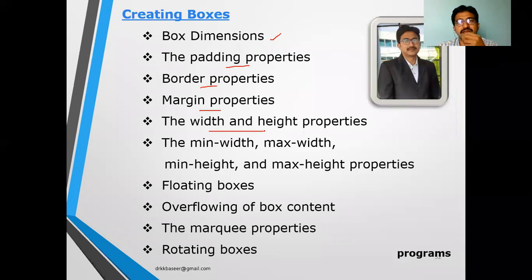As usual, for every type of tag like anchor, image, table, we require these two attributes, that is width and height. Similarly, inside that we have sub attributes like min width, min height, max height. These properties are also available. And also floating. Floating will tell you the position where you need to display, whether left position.